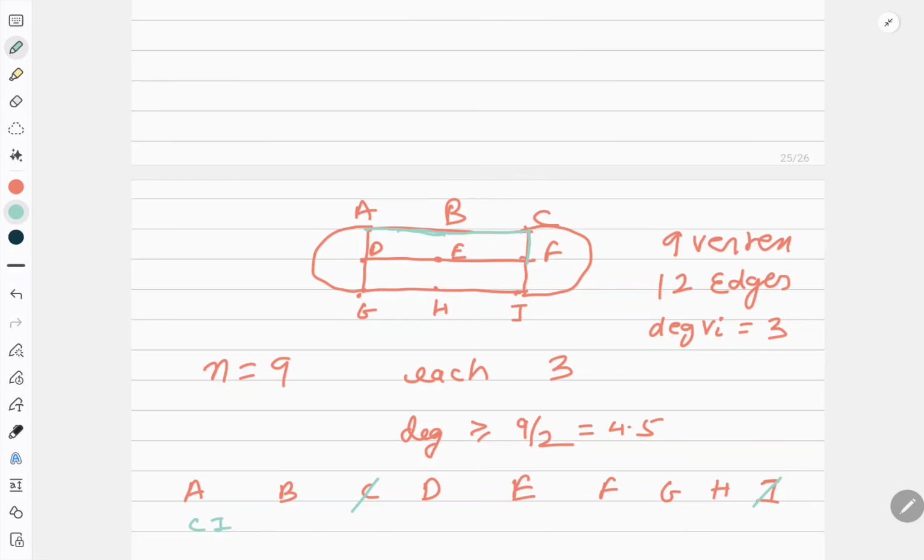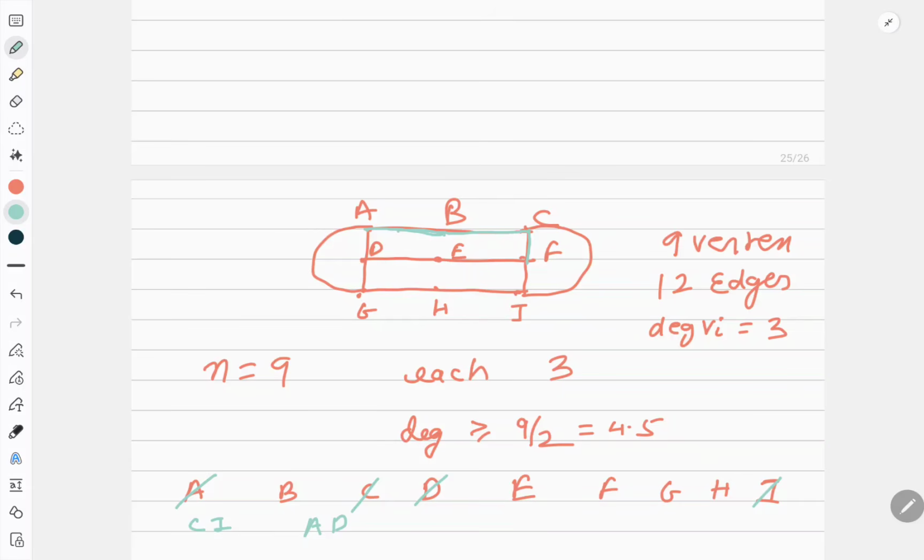Now when I reach my Hamiltonian cycle, if I remove CI, C now has degree 2. So it works because my concept is very simple: every vertex should have degree 2. When I started, A had degree 3, so I should delete an edge there also. So I will delete, say, AD. I'll write AD here. So that edge is gone, and now the degree of A is also 2. The degree of B is also 2.